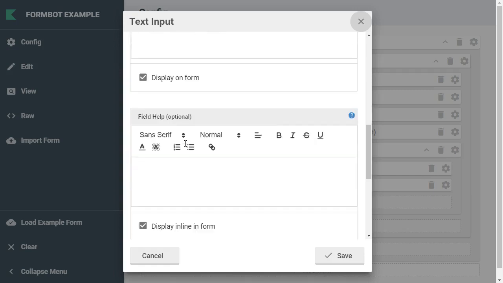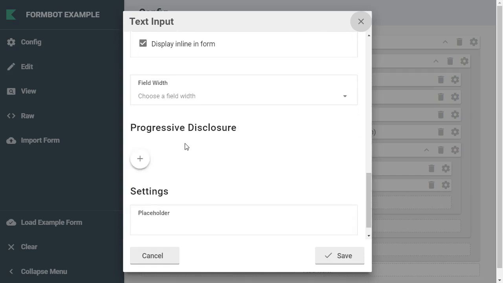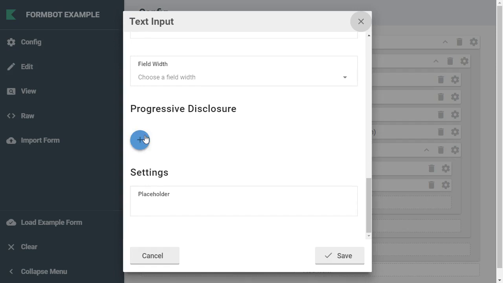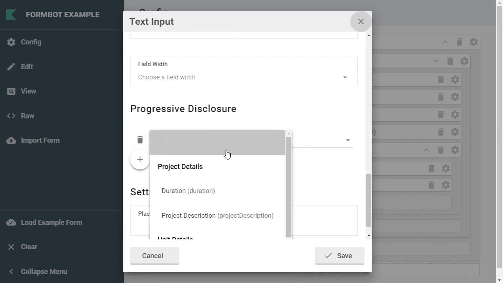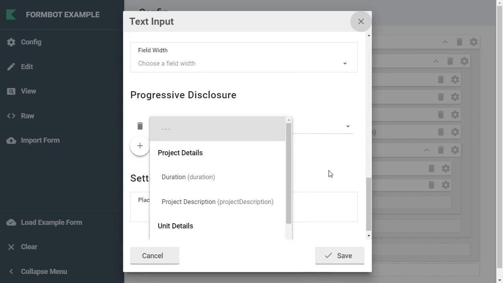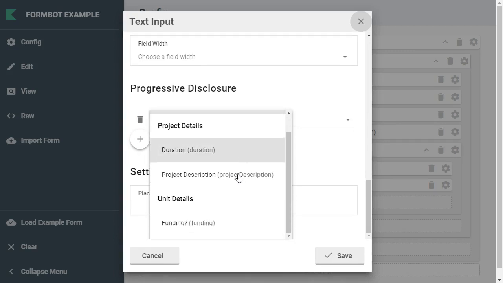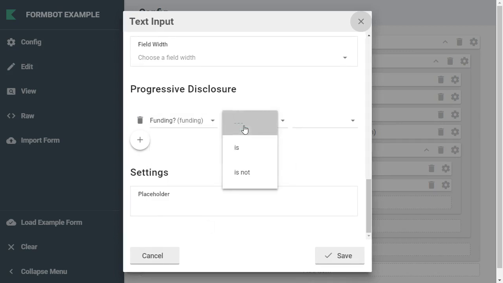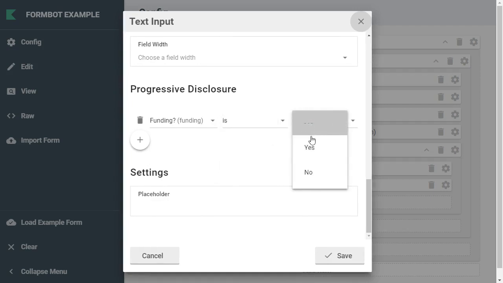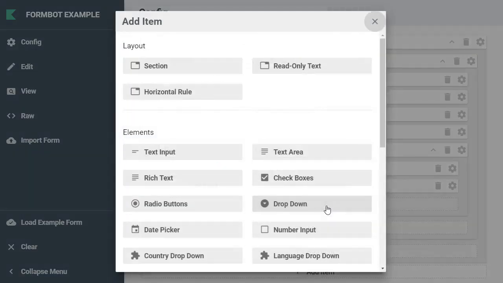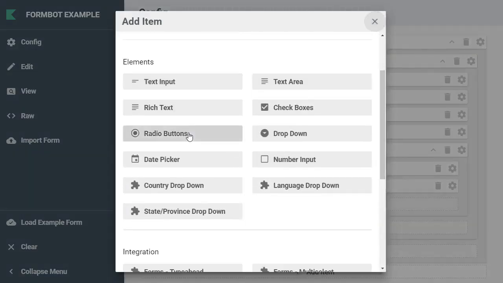And I'm going to set up a little bit of progressive display. Now, full details on progressive display will be coming in a later video, but this setup is to show some of the layout and progressive display interaction, so I do want to demonstrate that here. So we're going to go to progressive display for this follow-up fiscal officer question, and it only displays if we say yes, we are getting funding from our unit. So I'm going to save that,